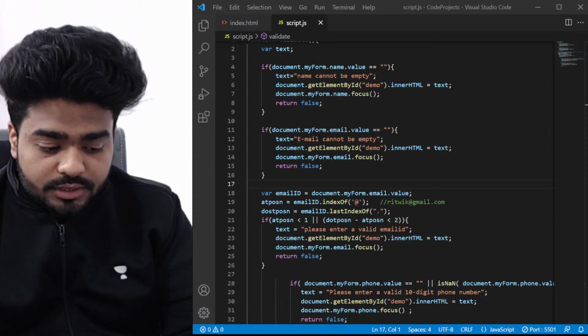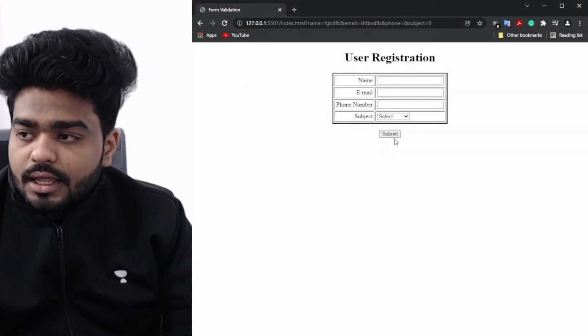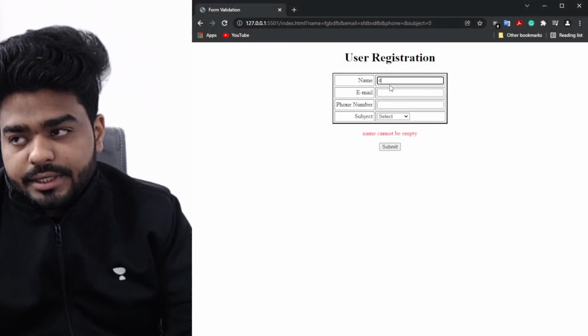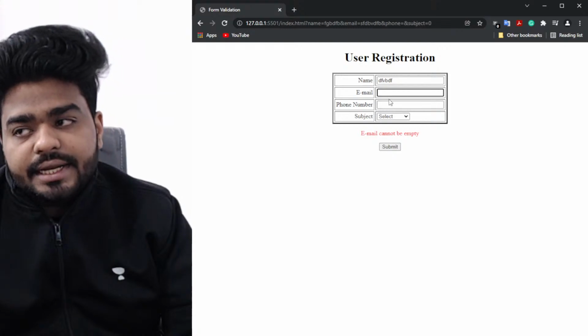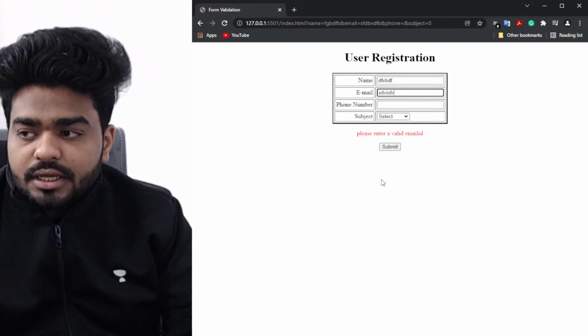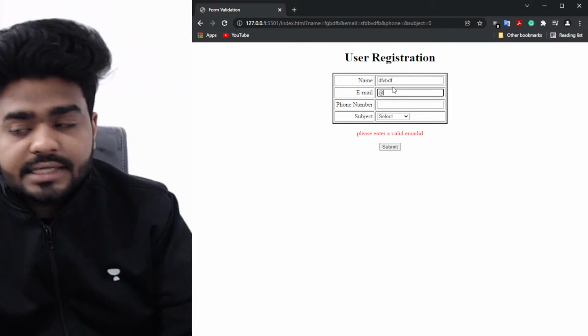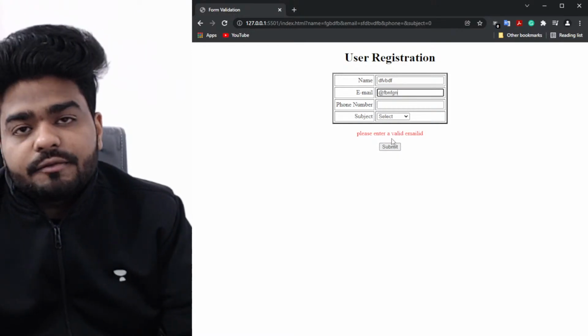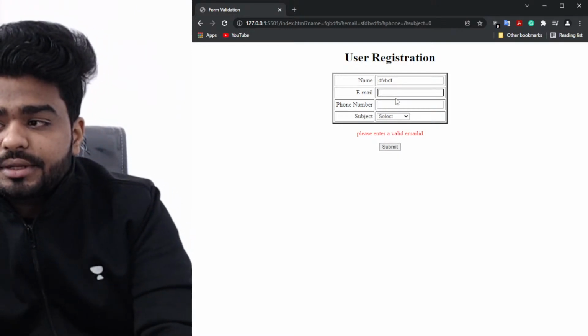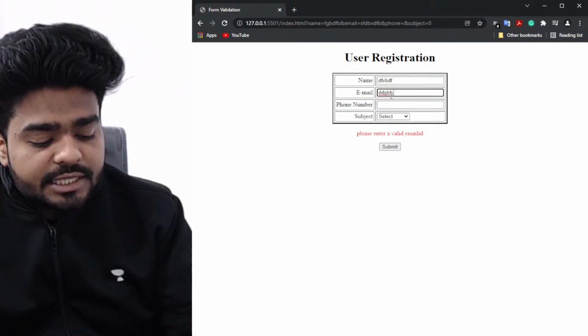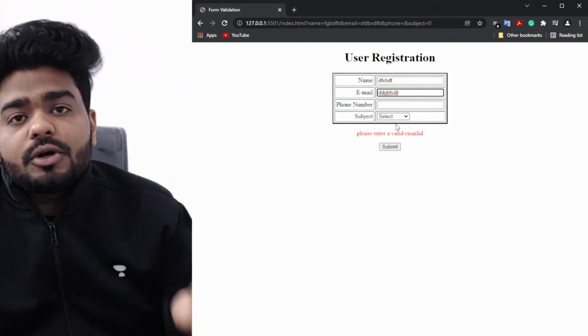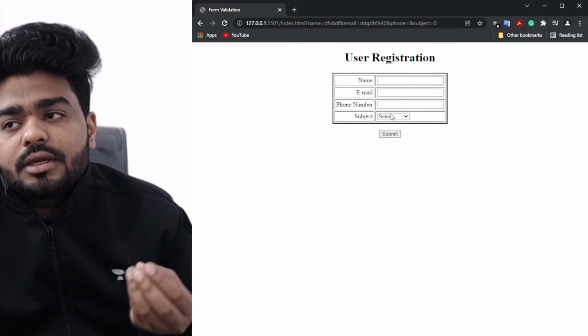Let's go back to my browser. Let's not put anything. Name cannot be empty. Let's put something. Email ID cannot be empty. Let's put something. Please enter a valid email ID. Let's put the at symbol in the beginning itself and write something. Please enter a valid email ID. Let's put some text. Now that we have text, let's put an at symbol. But because there is no dot, it's going to give me